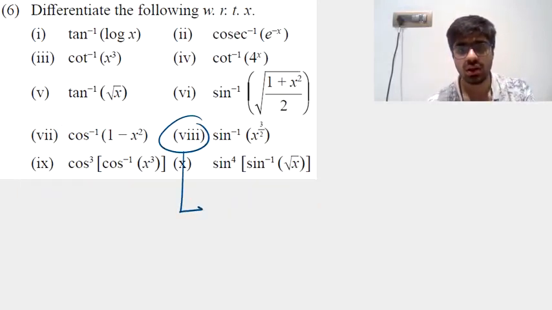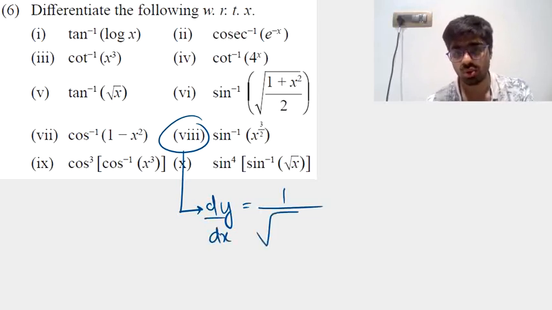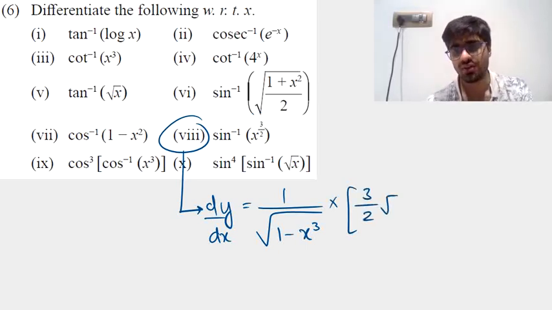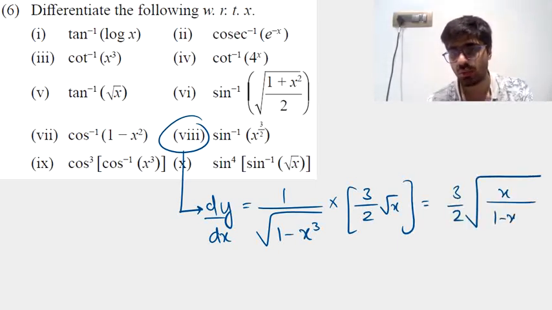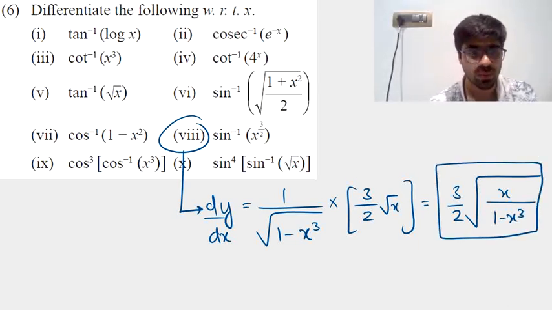Continue with the 8th one. Like I said, no transformation needs to be taken. So here straight away dy by dx is going to be 1 upon root over 1 minus the square of this, that is x power 3 by 2 the whole square, so x cube. You multiply that further with the derivative of this, which is 3 by 2 x power half. x power half is as good as root x. So if you want to rewrite that in a compact manner, you can say it is 3 by 2 root x over 1 minus x cube. Yeah, that's the final expression of dy by dx.